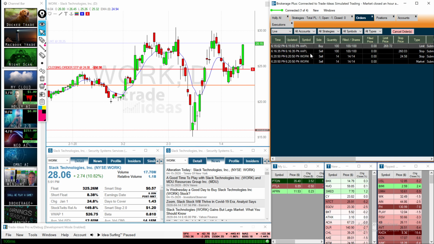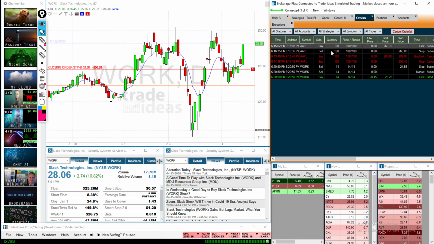What's the green and red one mean? Well, green is one that was filled. And red is ones that I've canceled. It probably depends on what you have it set for. Is that like for the day or for the month or for the week? Filled and canceled are for the day, but the live orders are just if they're out there, they're live orders,